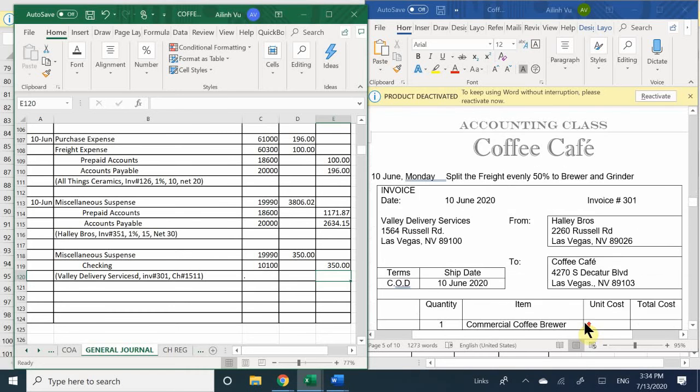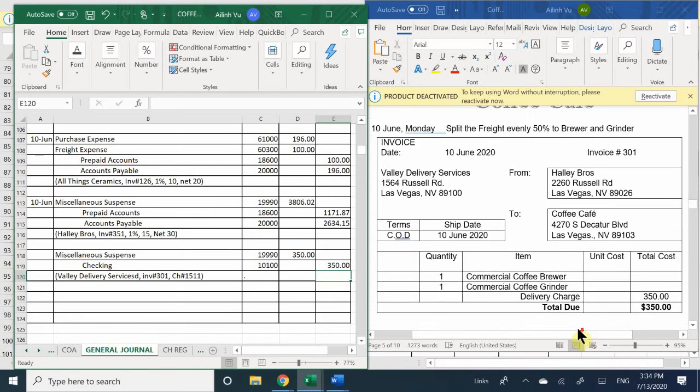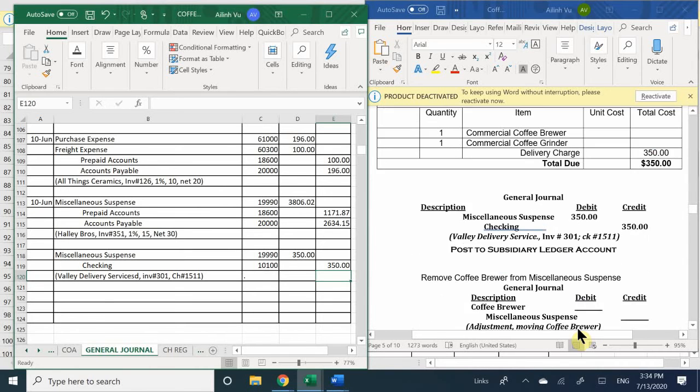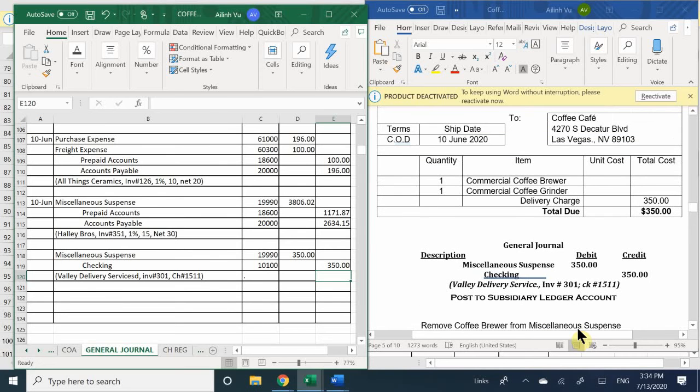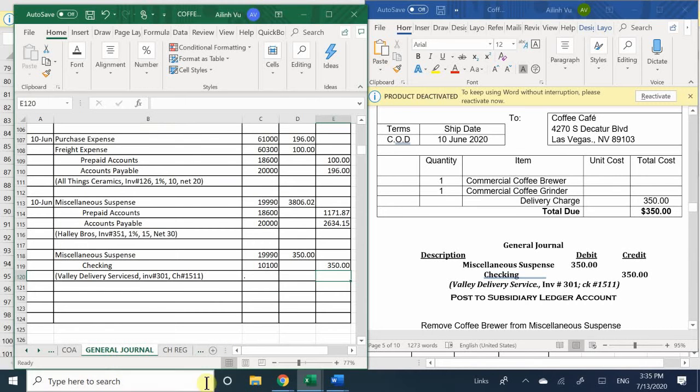Okay, so let me see. So let's go ahead and, can you go to your check register, please? My check register. Yeah. And, okay. Never mind. Okay. So now that we finished our checks and stuff here and we finished our journal, let's go ahead and update our